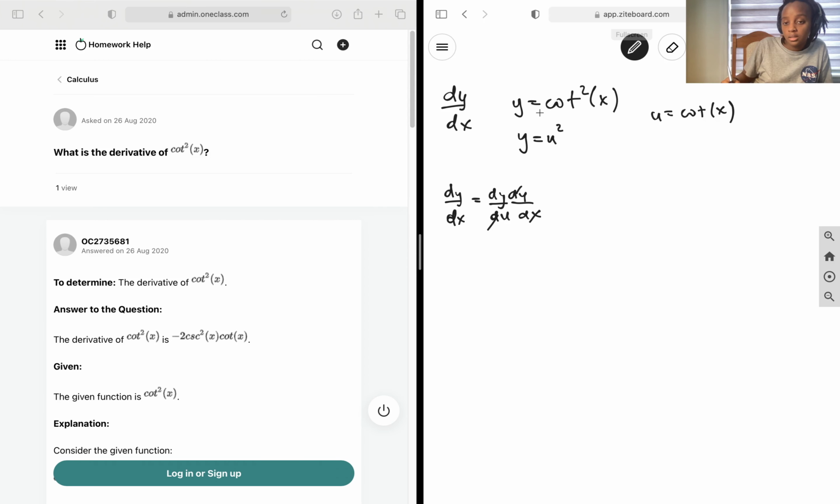And so dy over du, we're going to use the exponent rule, and that just states that d over dx of x to the power of a is equal to a x to the a minus 1. And so this becomes